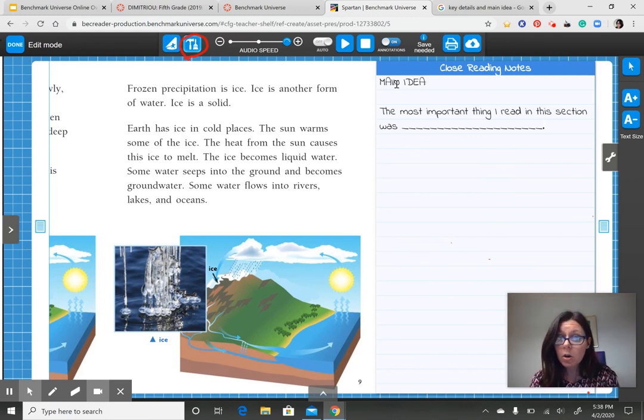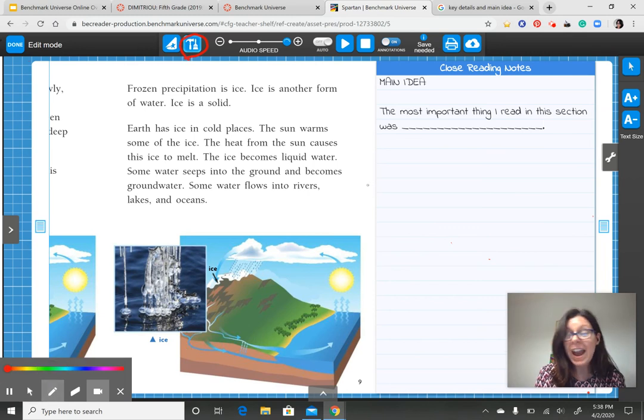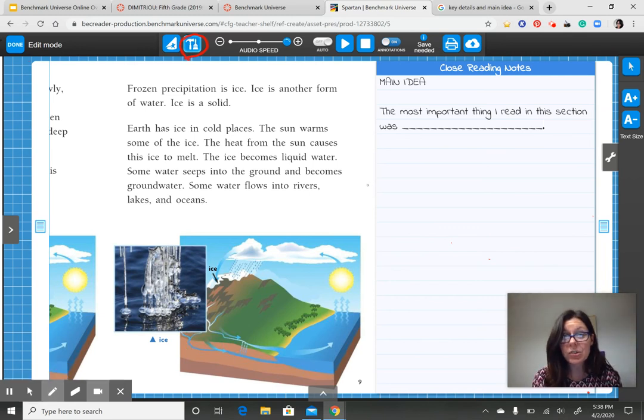So I hope this helps. I stopped on page 9, but you're going to go ahead and read this whole ebook today. And I want you to keep in mind our focus today, our key details, our main ideas. Now, after you have read the entire thing, I did not read the entire thing, I just got you started. But after you have read the entire thing, after you have main ideas for each new section,